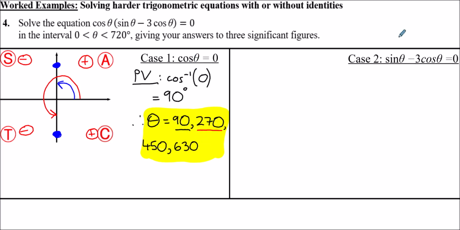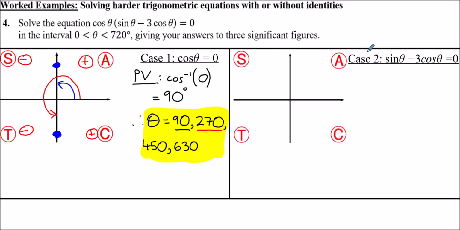We now move on to thinking about the second case, where sine theta minus 3 cos theta is 0. So again, just get the CAST diagram up and ready. Now this one needs a bit of rearrangement. So what we need to do first of all is to add 3 cos theta to both sides. So that gives us sine theta